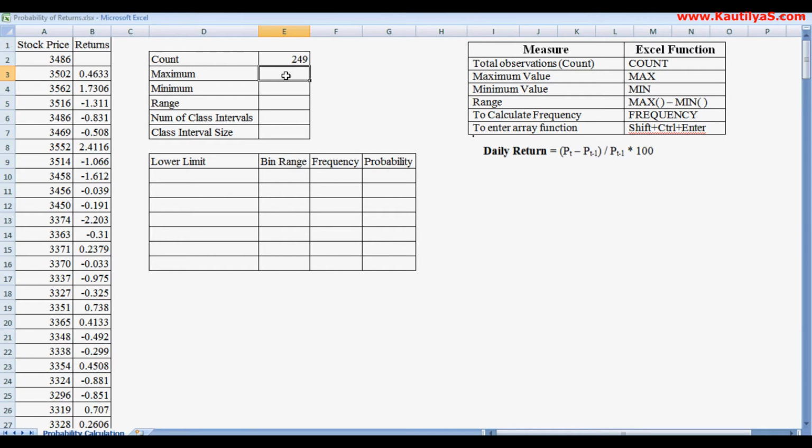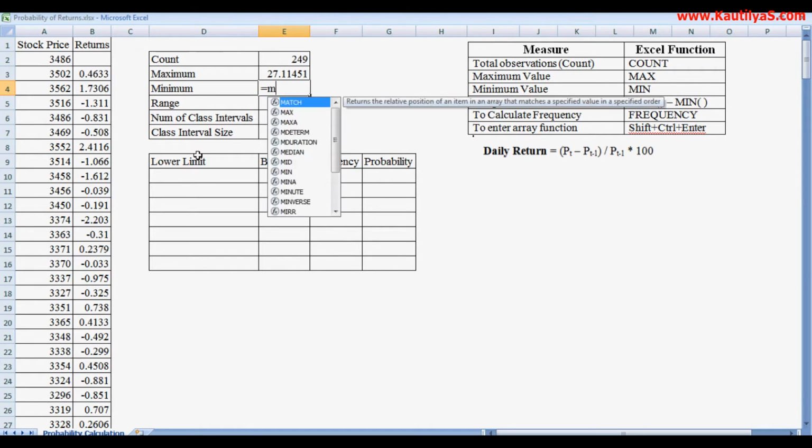And what is the maximum return during the period? For this we use the Excel function MAX, B to B, and we need to calculate the minimum. To calculate the minimum, we use the Excel function MIN.